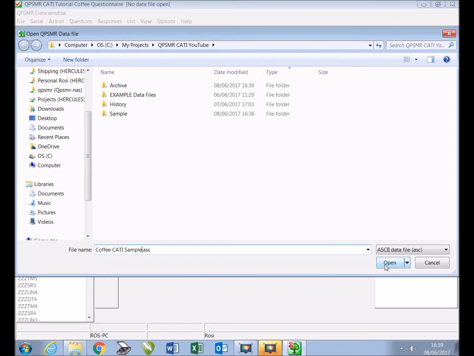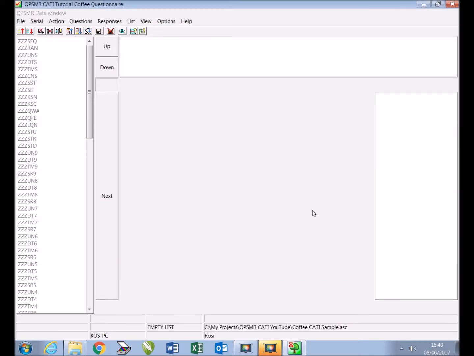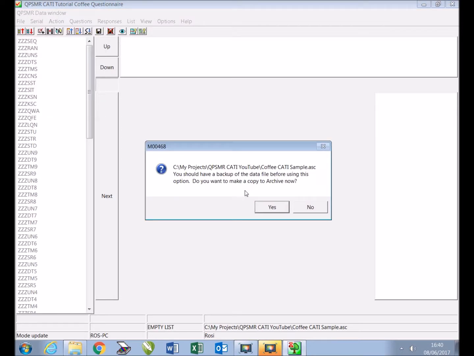We recommend you always use this format, that is, the project name followed by one space followed by the word sample with a capital S. Once we have typed the name, we click open and yes, followed by OK, to create the new empty sample data file. Next, from the data window, we select File, Update from CSV File, selecting Yes to make a backup,